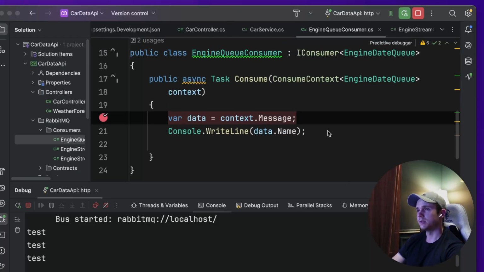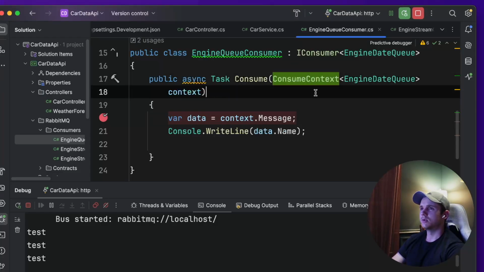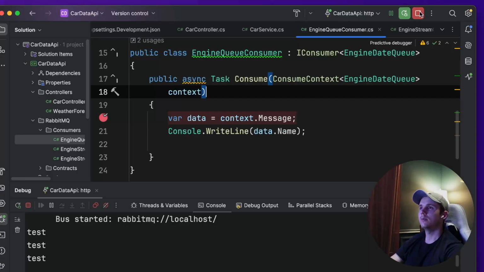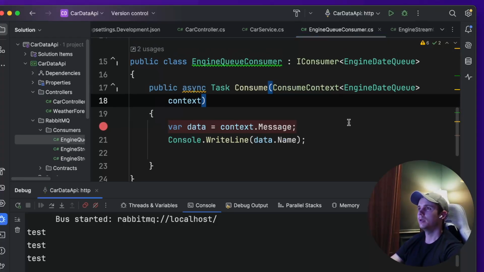But in this existing system, we're only ever going to get a single message from RabbitMQ at a time. If we wanted to consume multiple messages at the same time, we'd have to introduce more queues and register more consumers, and that would also work. But I'm going to show you a way where you don't have to do that and just leverage something that's already built into MassTransit. So I'm going to stop my car data API,